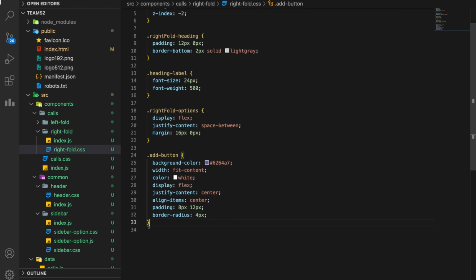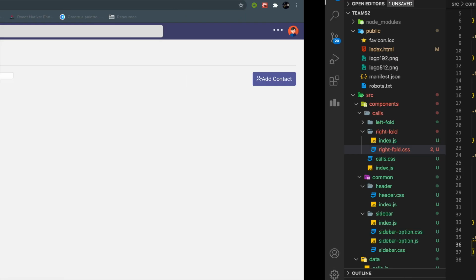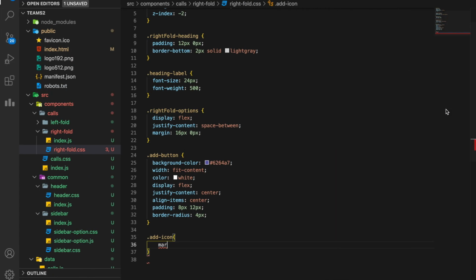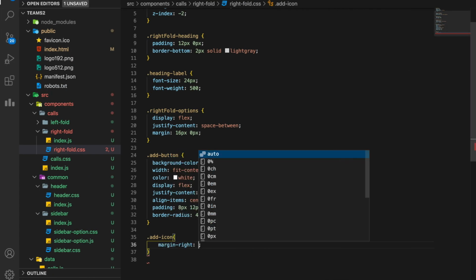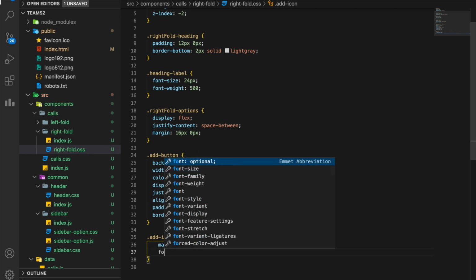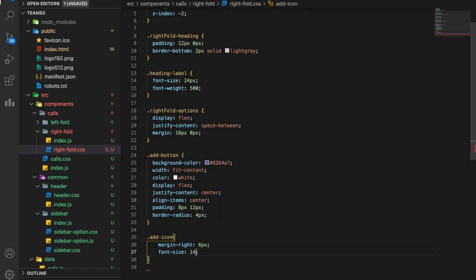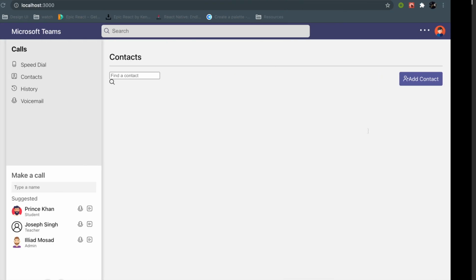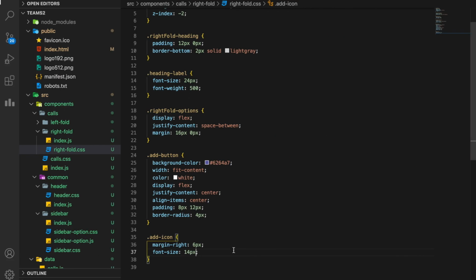Now I just have to style my search icon, but before that I'll style the label and the icon in the add button. The icon should have a margin right. See, it's sticking to the text, so I want a margin right of 6 pixel, not more, and I want a font size of 14 pixel. 16 is the default size, I guess, so 14 is perfect.